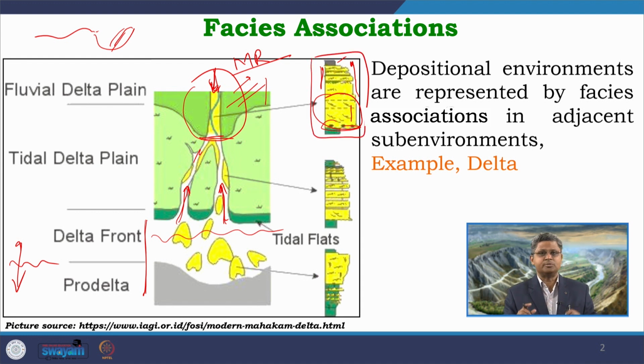I am using the term package of sediments, which actually indicates a package of facies or assemblage of facies. What are those facies? Number one is this sandstone body, which is a coarse grained sandstone having maybe trough cross stratified sandstone or maybe large scale planar tabular cross stratification, which indicates a very high energy flow condition, which is associated with some other sand bodies where the grain size is relatively finer, maybe medium size sandstone, and that is associated with relatively smaller scale bed forms, relatively smaller scale cross stratification with significant supply of mud resulting in climbing